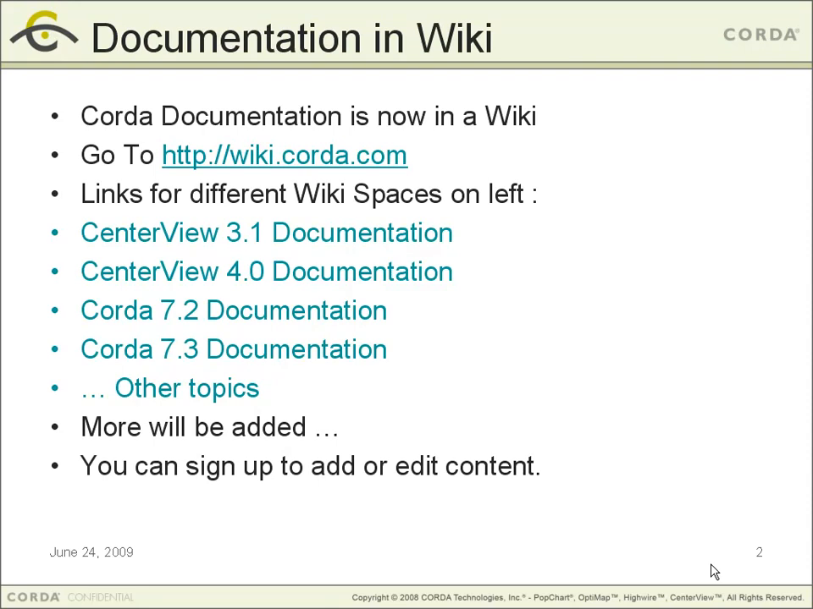First thing I'd like to point out is that the documentation that Corda produces has now been consolidated into a wiki. And if you go to wiki.corda.com, right now you'll see several different spaces on the left. You'll see CenterView spaces and Corda